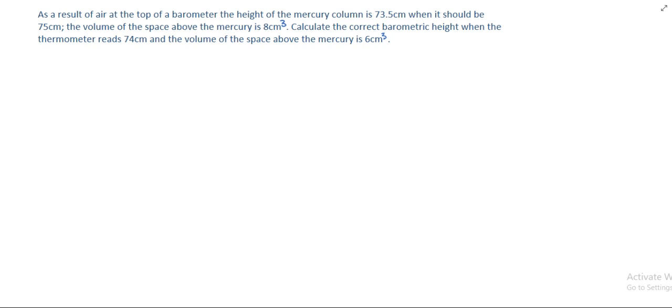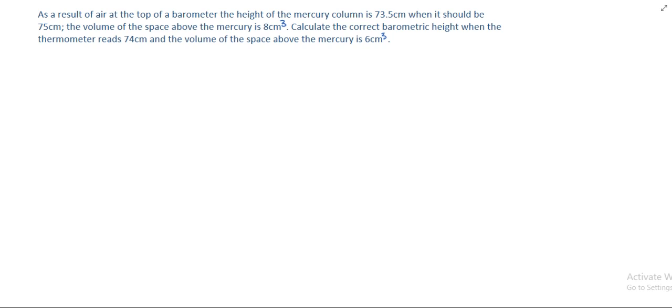As a result of air at the top of a barometer, the height of the mercury column is 73.5 centimeter when it should be 75 centimeter. The volume of the space above the mercury is 8 centimeter cube. Calculate the correct barometric height when the barometer reads 74 centimeter and the volume of the space above the mercury is 6 centimeter cube. This is a very interesting question and I would like us to solve it using